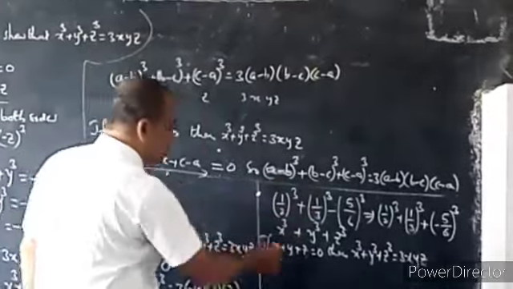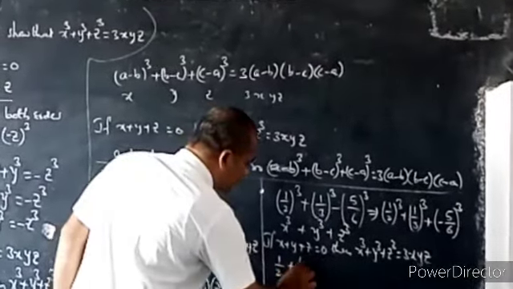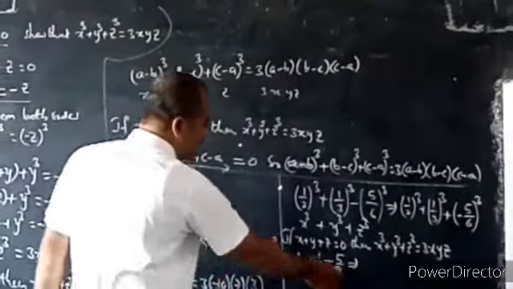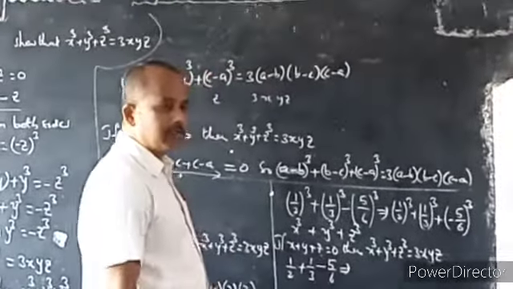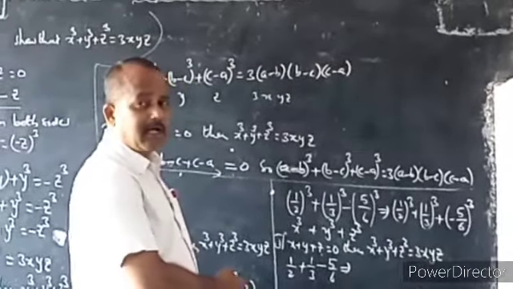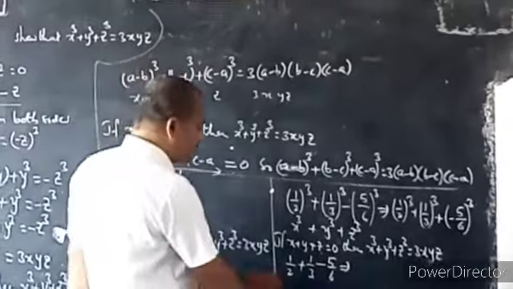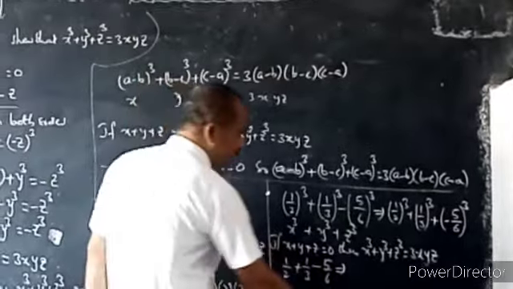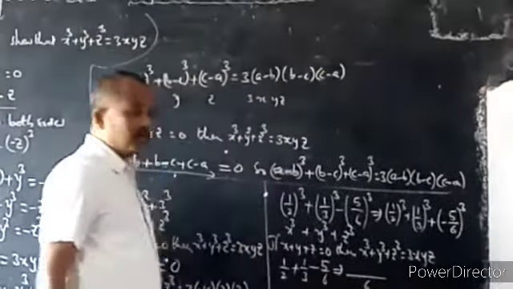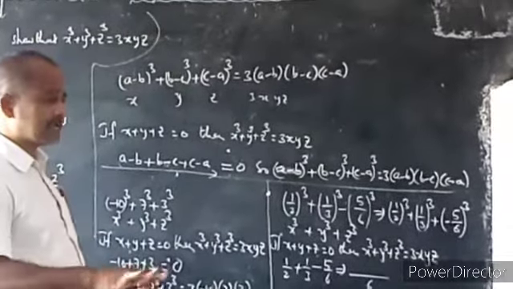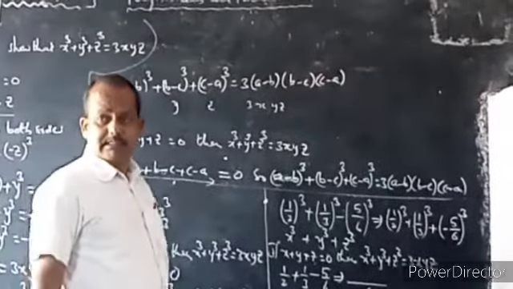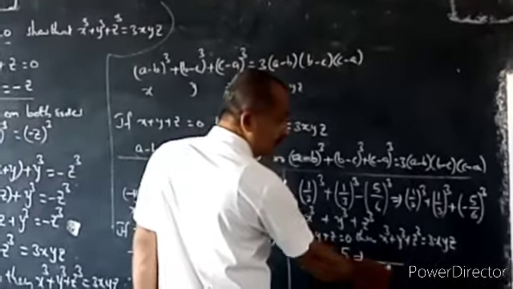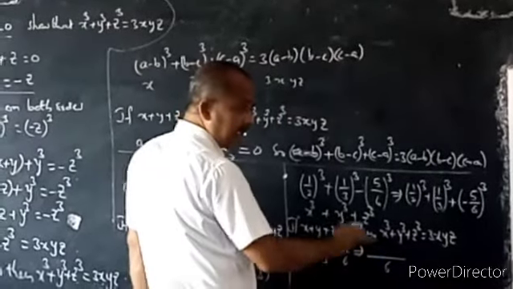Now write 1 by 2 plus 1 by 3 minus 5 by 6. How to simplify? Here the denominators are different. 3 fractions are given, but all the denominators are different. So take the LCM of these 3 denominators, 2, 3, 6. LCM is 6 only. 2 3s are 6, 3 2s are 6, 6 1s are 6. 6 is the common multiple. So 6 is the LCM. Now 2 divides 6, how much does it give? 3.